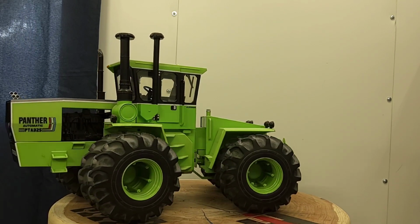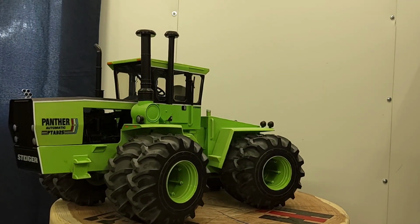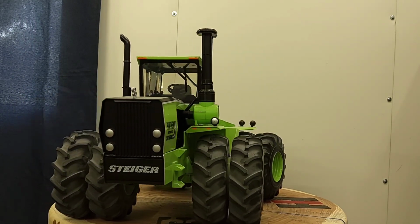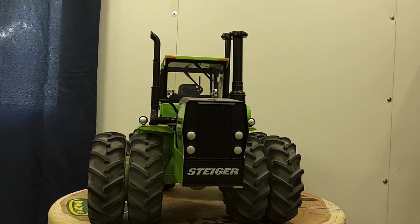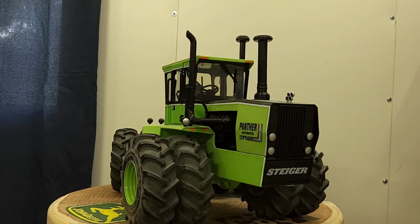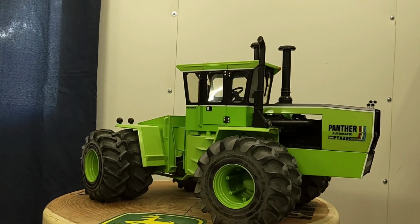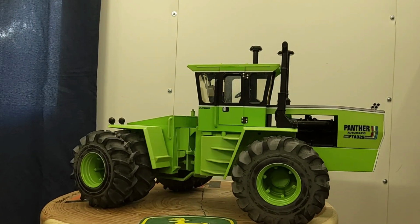It's pretty detailed for its age and everything, nice spaced duals and all that. Looks really nice actually, pretty cool. The real tractor was released by Steiger in 1982, Series 3, 4-wheel drive tractor, Fargo, North Dakota, of course. Original price $110,000,